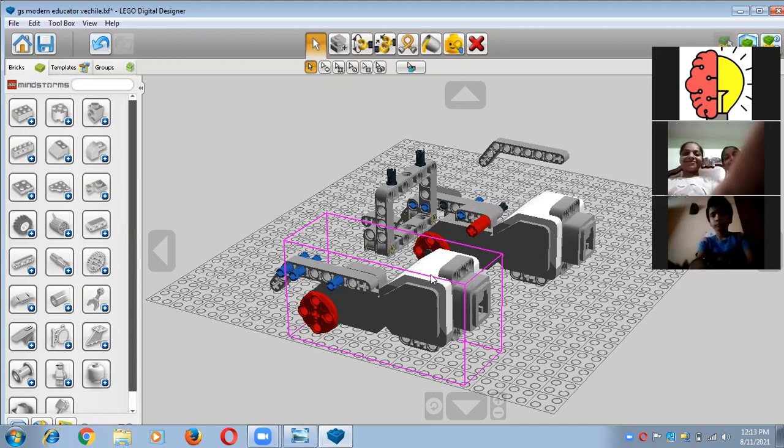Now move on to the next step, and in the next step you need one more part, a small connector pack. What do you need now? Small connector pack with cross axle. We have already used this, you can see it here. So you just clone it, like this, right? And now you have to put it in this way. This is the actual position.